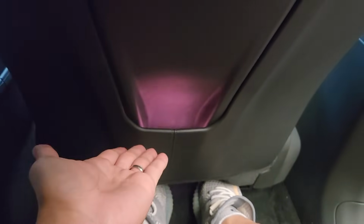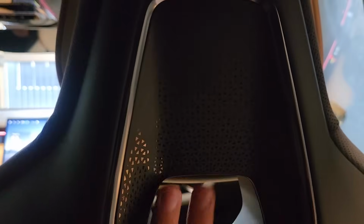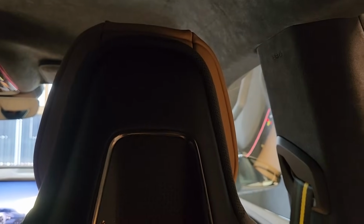Okay, in here you have a space probably to put a phone or something. There are no ports in there. Here is a very delicate pattern, very nice, made of metal. I think the finishing is just excellent. Up here, the roof from B-pillar, all the...